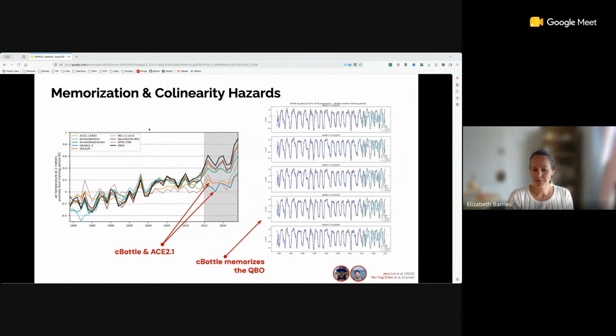Furthermore, as part of this AI NIP, in a comparison across many different models, we're finding that certain models actually do well, not because they've learned physics, but because they've memorized our short observational records. On the right here, one of these models, C-bottle again, the generative model that we've been using, appeared to have a wonderful stratospheric circulation, so wind and dynamics, because the blue line lines up so well with the black line, which is our reality or our target. And none of the other models had this fidelity.